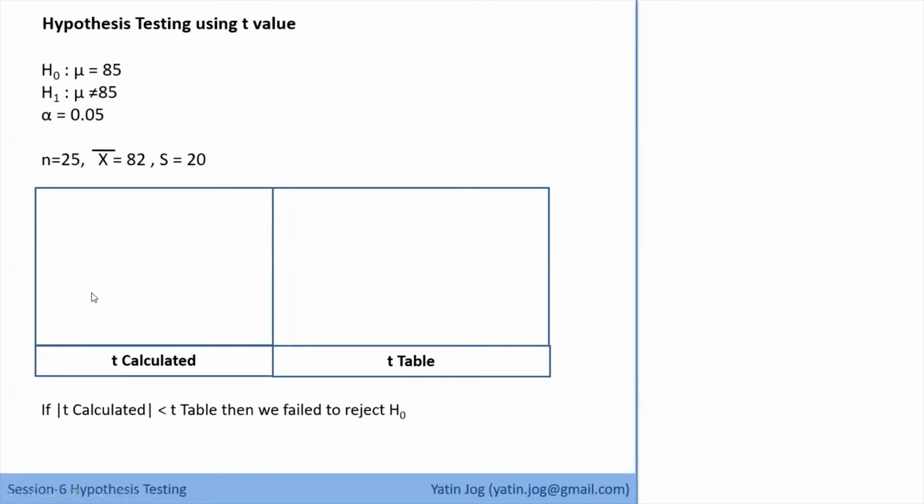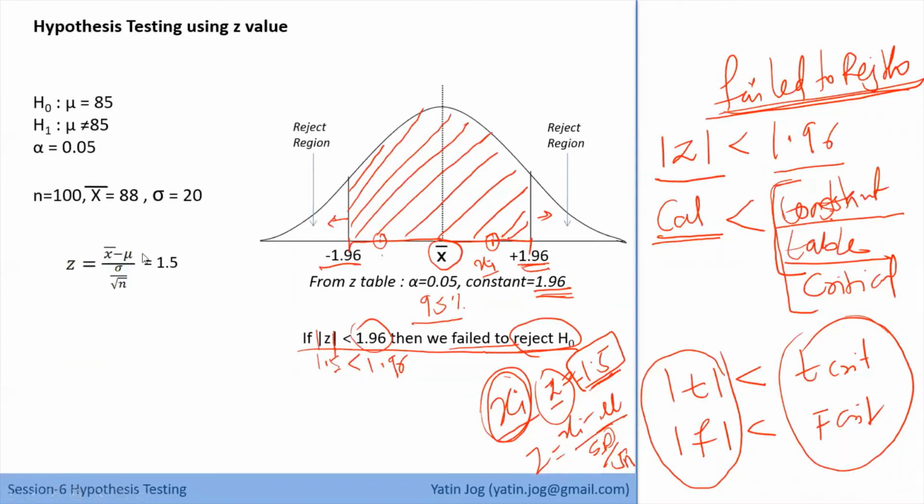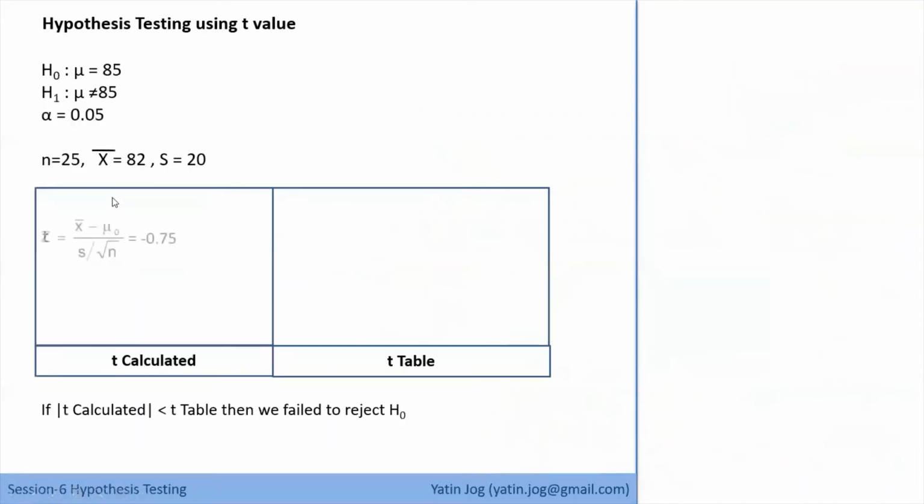The only change is, in case of Z, we are talking about X bar and mu and the standard deviation of the population. If you remember the first slide of today's session, when we know population parameters, we should go for Z analysis. Sigma and mu, Greek letters, represent population parameters. So if you know population parameters, go for Z analysis. Instead of sigma, now I am using S, which is the sample standard deviation, and the sample mean. If I don't know population parameters, and I know sample parameters, I should go for T analysis. Okay, so the change in the formula is only in terms of notation.